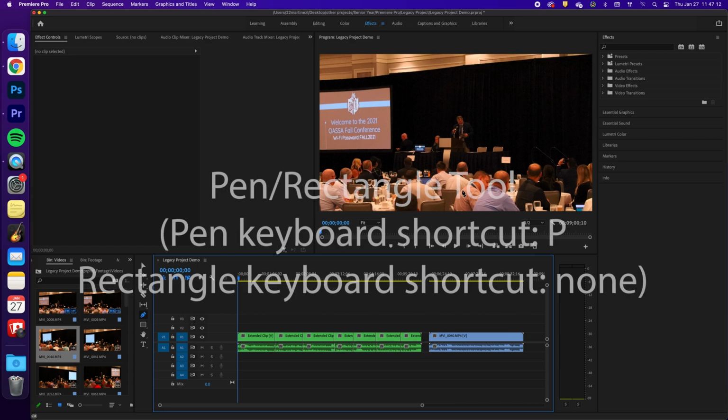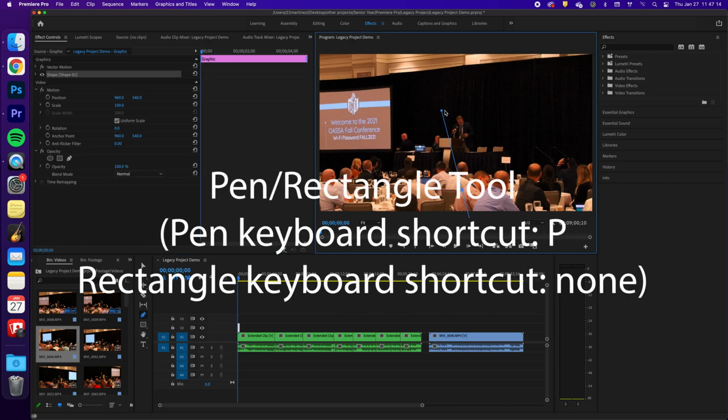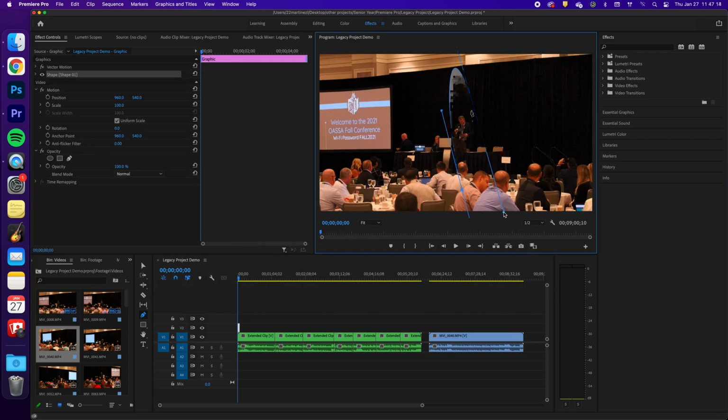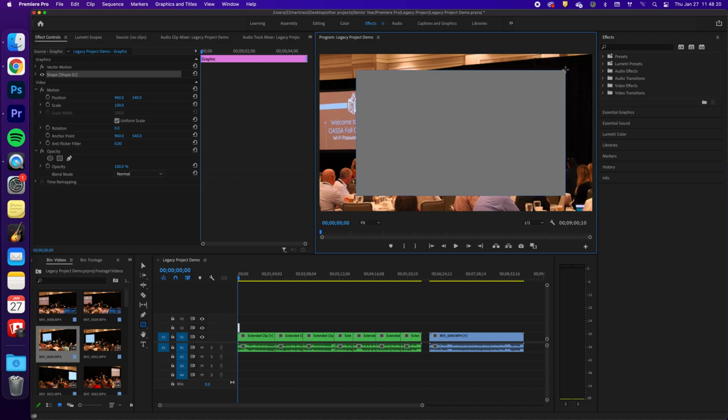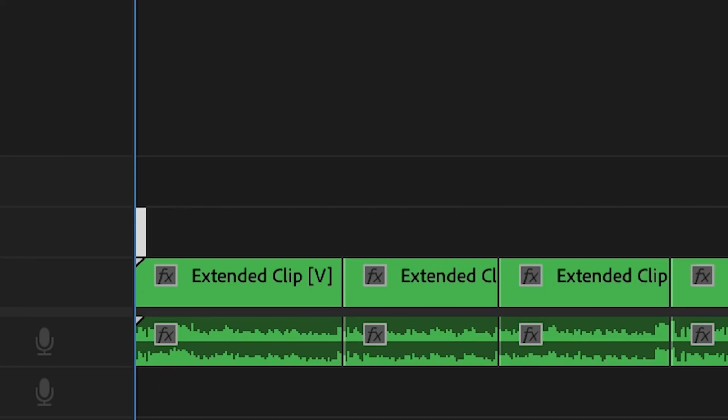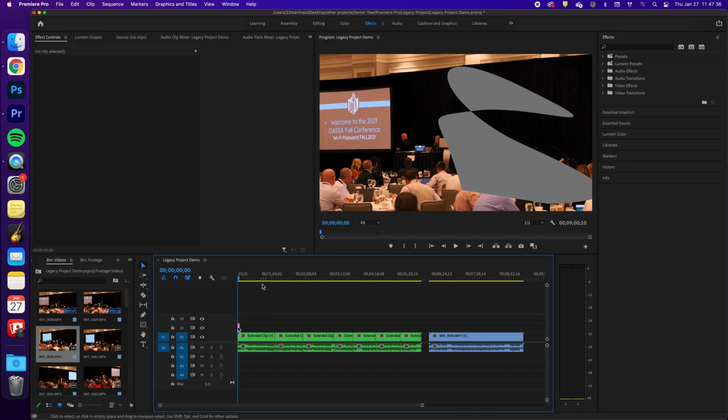The pen tool and the rectangle tool do very similar things and allow you to make shapes onto your video. The pen tool is more random and works like the one in Adobe Illustrator, and the rectangle tool exclusively makes rectangles and squares, of course. By creating a shape, it will add a new piece of media to your timeline automatically and not overwrite it on your clips. It automatically makes that clip really small and I can't see it well,